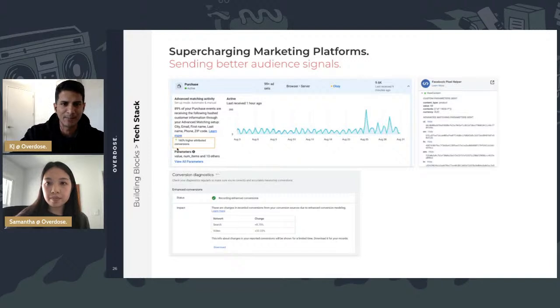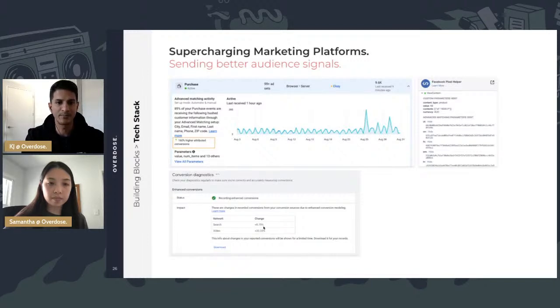If you see these examples of Facebook, just because first party data is being sent, it's saying that, oh, 160% higher attributed conversions because of the first party data that you're sending. Similarly, Google Ads has something called enhanced conversions, where it's able to accept your first party data. And it's saying that, oh, for all the video campaigns, Google Ads was able to attribute 33% more conversions. And for Search Network, it was able to attribute 9% more conversions, just because you were able to provide them